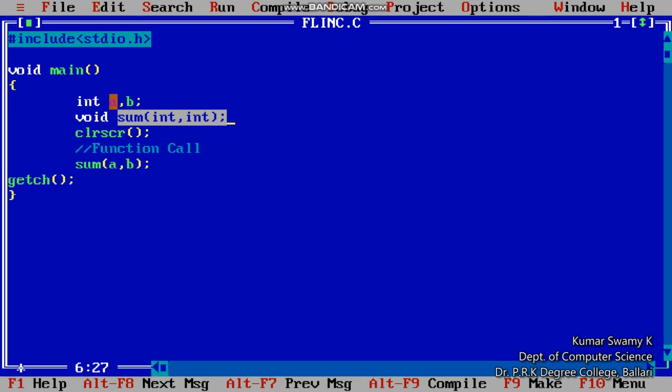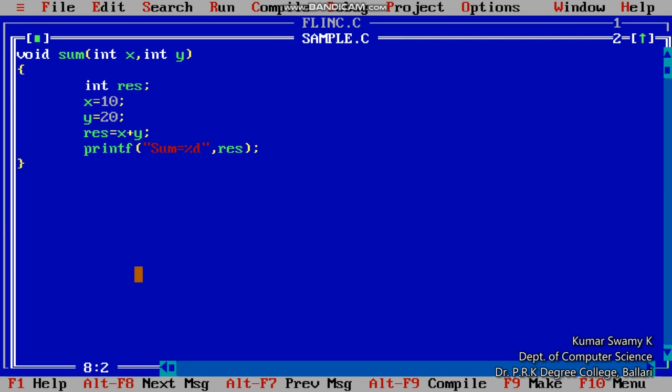I have declared variables a and b, and I'm just passing them to the function: sum(a, b). You can see that I have not written the function subprogram in this file itself, as we were doing in the earlier programs. Instead, I've put the function definition in a separate file and named it sample.c.